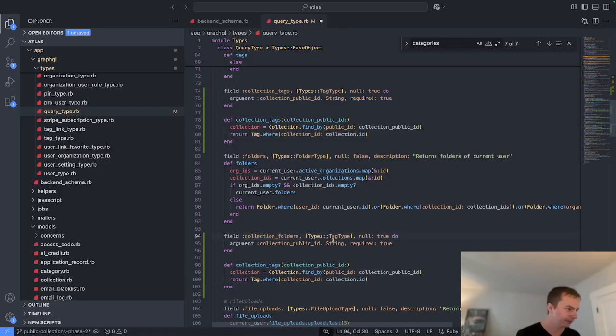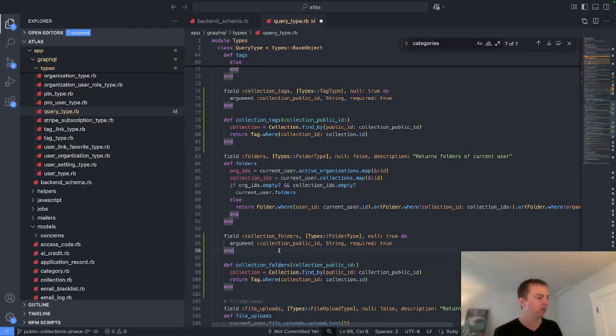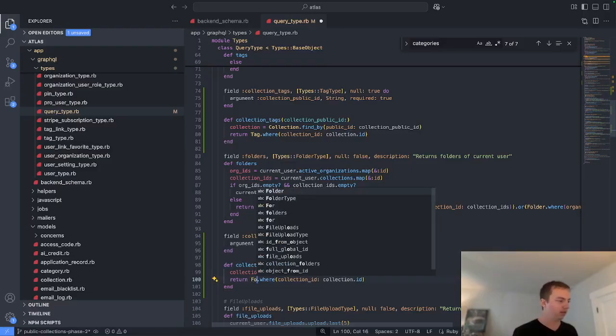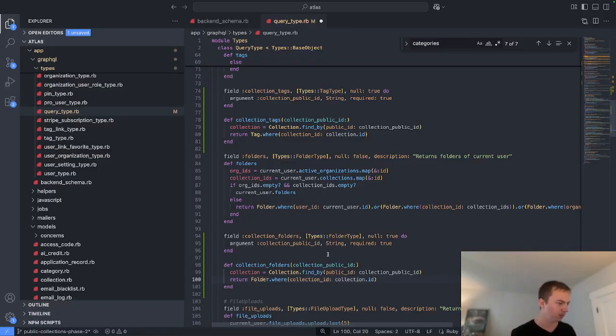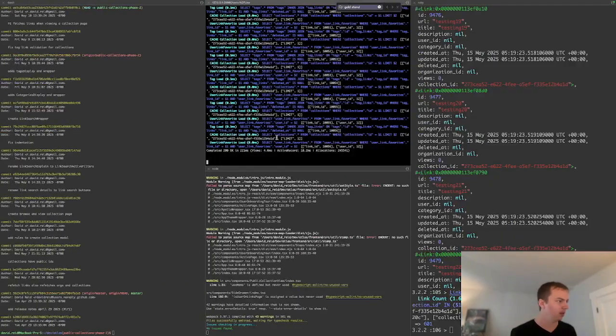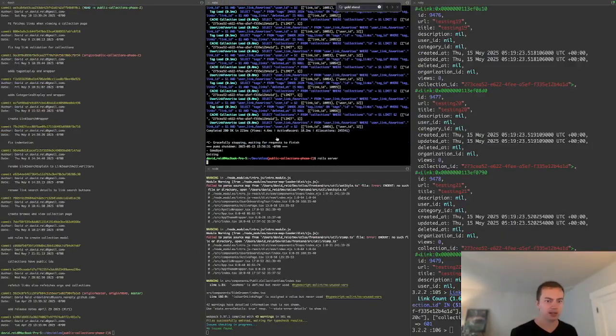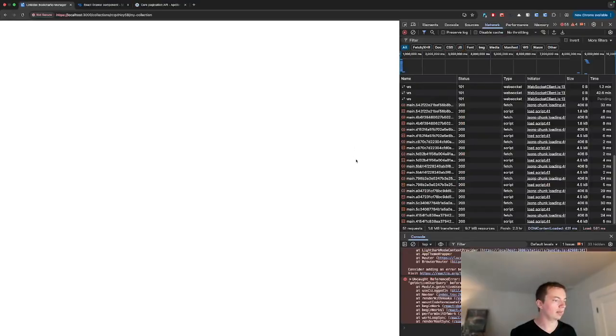Folders. Folder. Folders. And folder. Let's see if that worked. So restart our backend, and then we go to our application